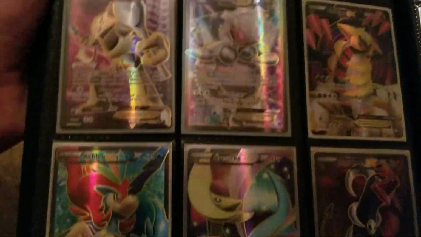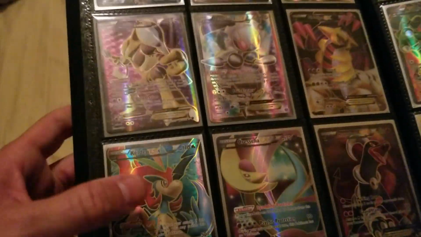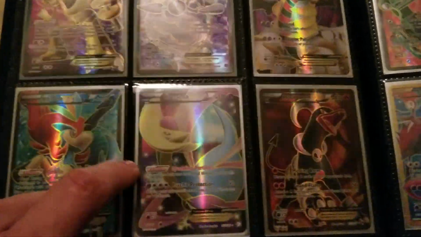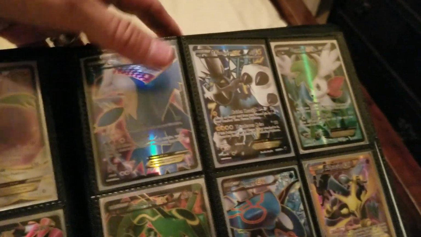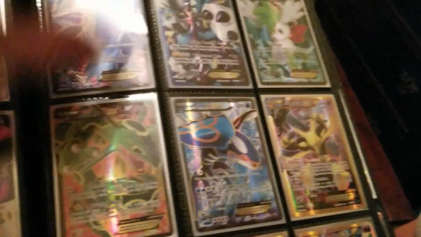That Keldeo, I absolutely love this card. It's probably one of my favorite cards in the entire Pokemon TCG. And then this Cresselia, I think is so cool. There's Latios. I really want to get Latios, which is, I guess, his sister or wife or something. That Thundurus is so awesome. That Shaman is cool. That Rayquaza,